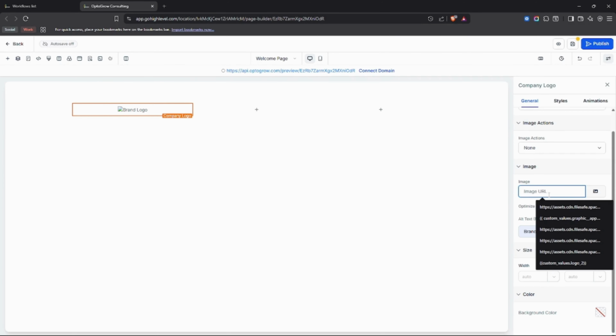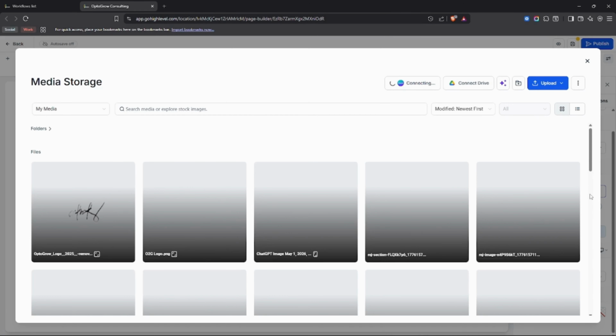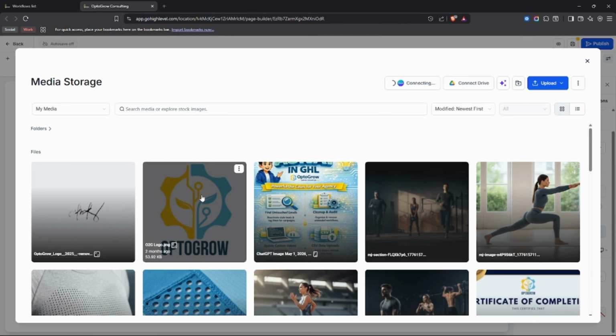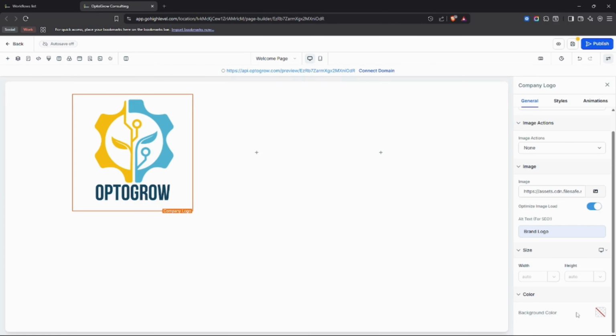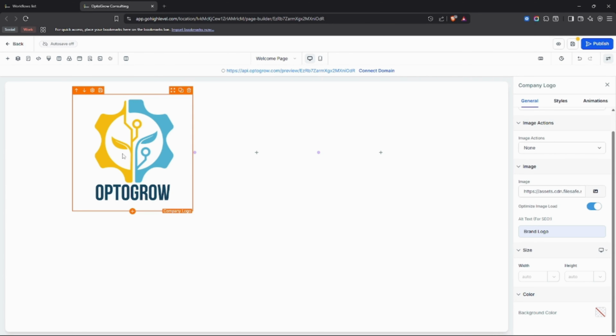If you don't have a URL or a custom value with an image, then you can click here and you'll see the media storage of your GHL, or the gallery of your GHL. To use this, we can click an image and then it should display the image inside our funnel. There. Now that we have our company logo,